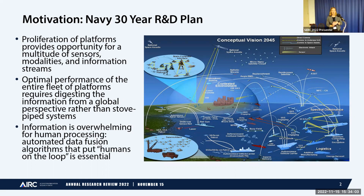And what you're seeing here, highlighted in the bullets at the side, is this proliferation of platforms that have multiple sensors. They operate on multiple planes of existence. They're undersea, they're on the surface, they're in space, they're on land, and they have all these different information streams that are connecting how they engage. And when we're talking about the integrated acquisition portfolio reviews, I think that's a building block to thinking about how we optimize our performance of the entire fleet, not just any one service, but the joint fleet or the joint operations when we're operating in this kind of ubiquitous information-present environment,